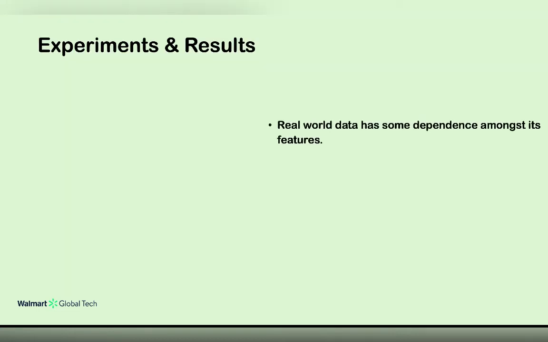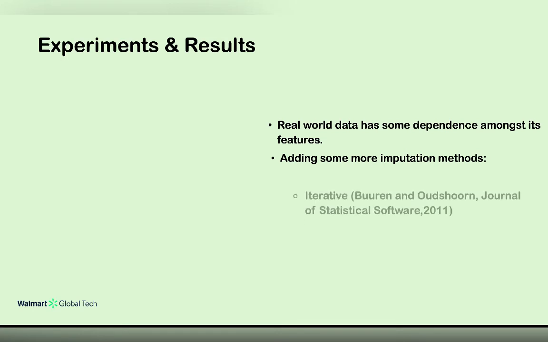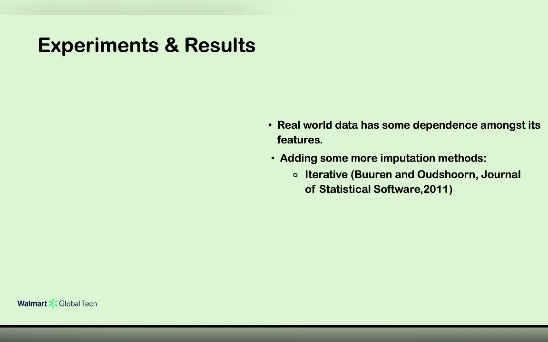Next we have performed the same experiment with Harvard Dataverse. As this real world data set has dependencies among features, along with these traditional methods, we have used some sophisticated techniques as well. For example, there is a technique called iterative imputer, which considers each feature having missing values as a function of all other features, and it repeats the process over and over again, and intermediary values of the missing feature are used to predict the value for other missing features.